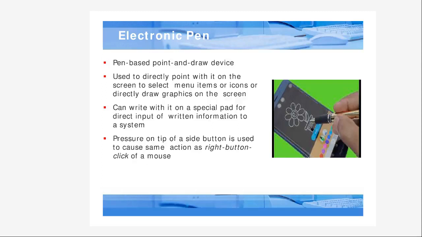As we know, in the mouse we use two clicks, left and right click, and in the light pen also you can use left and right click with the tip of the pen. पेन के ऊपर एक टिप रहता है जिससे हम साइड में अगर प्रेशर देके क्लिक करेंगे तो वो राइट बटन की तरह काम करेगा।